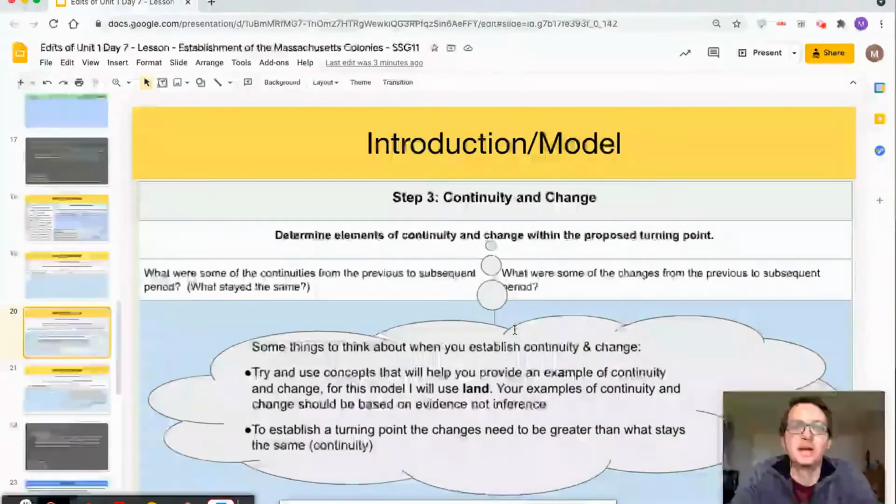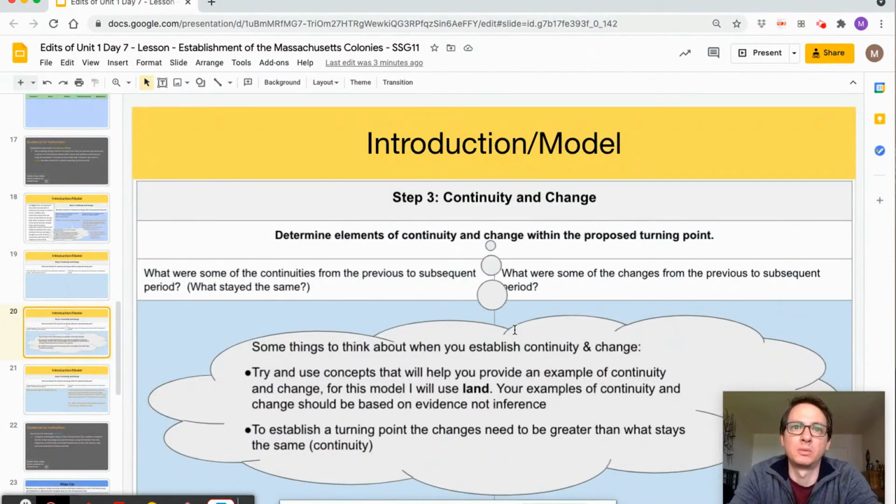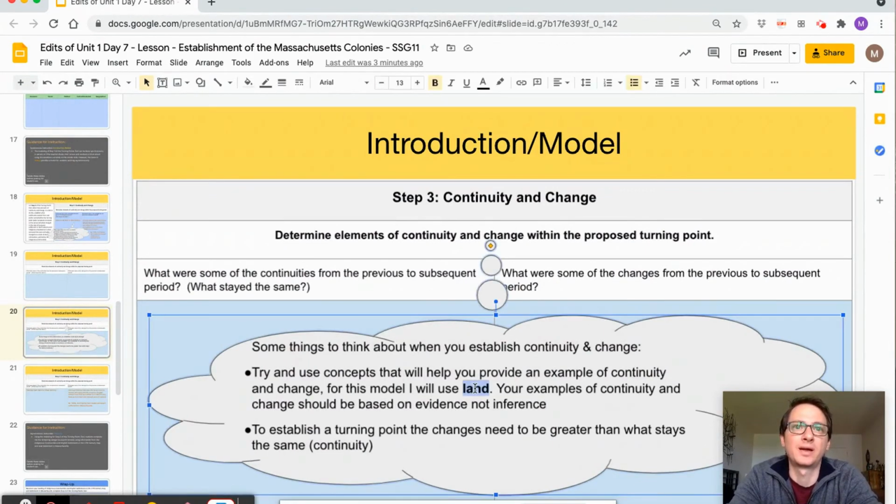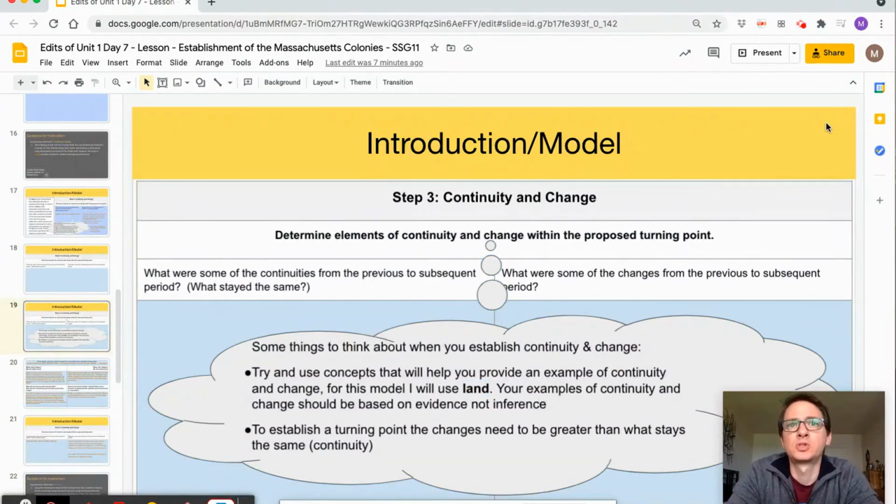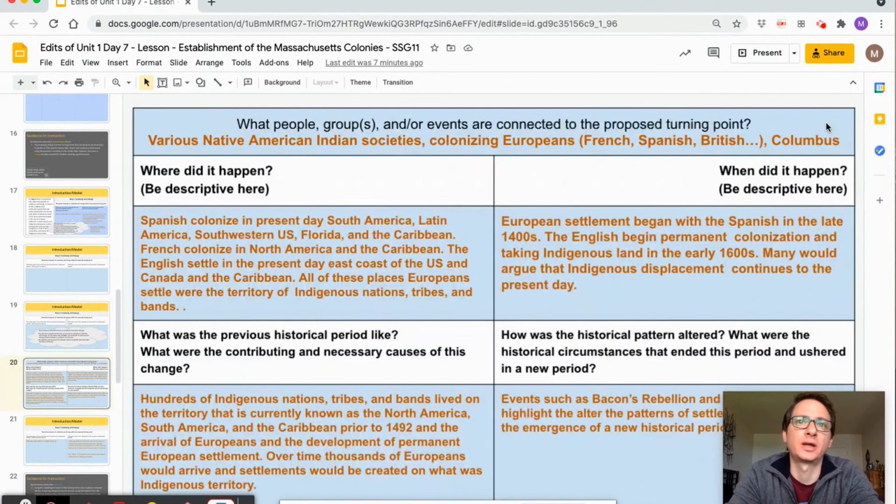Then on the next slide, I decided to have the thought bubble remain, which I will walk the students through verbally. Your students may benefit from an explanation of why the concept of land was decided on as a focal concept, especially since when they apply this process to future events, it will likely not be the same, and they will have to determine this on their own. To do so, I would explain to the students that there are 2 things they should refer to when making this decision. The first is the context that they created in step 1,